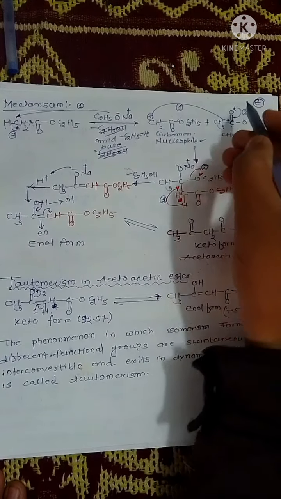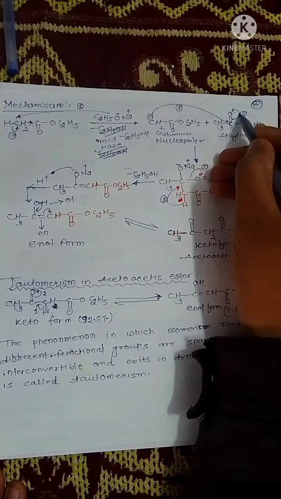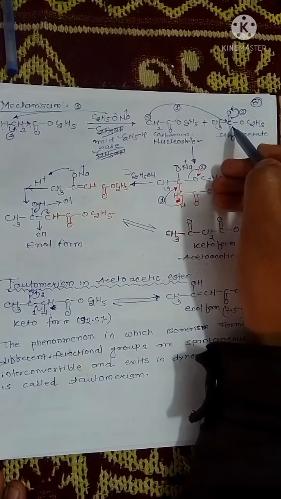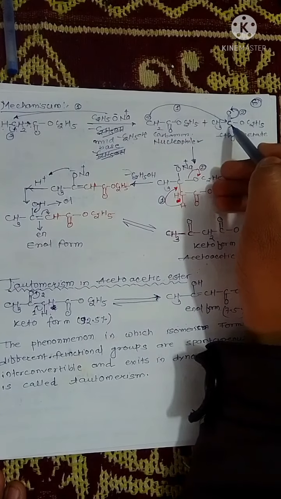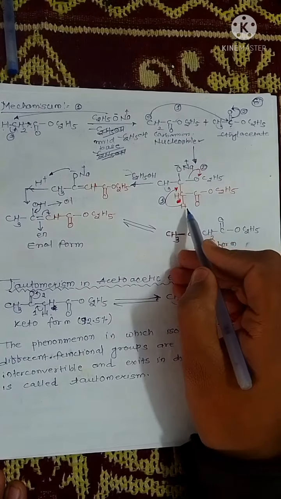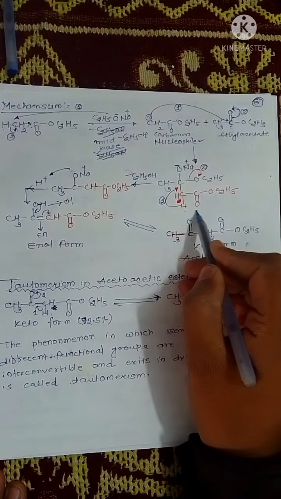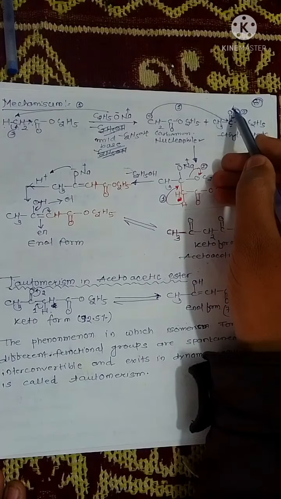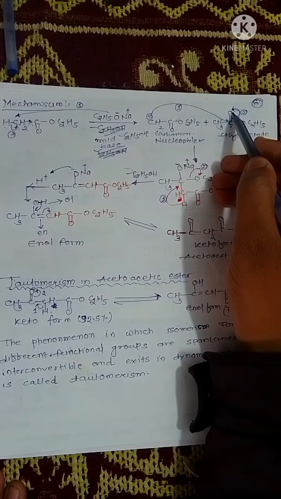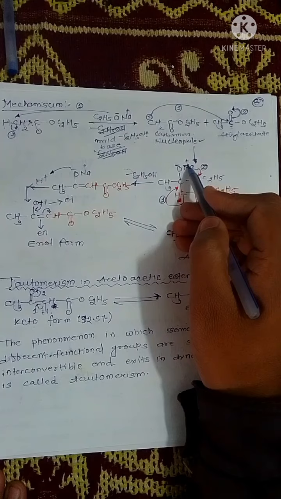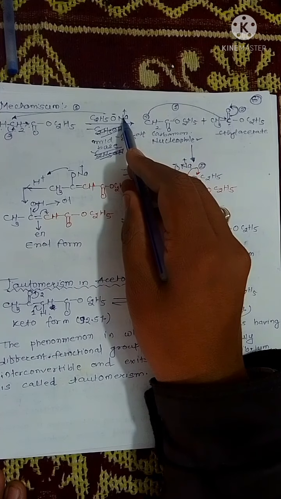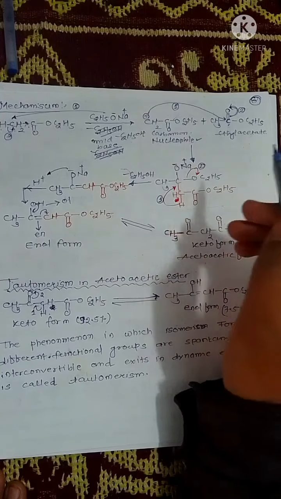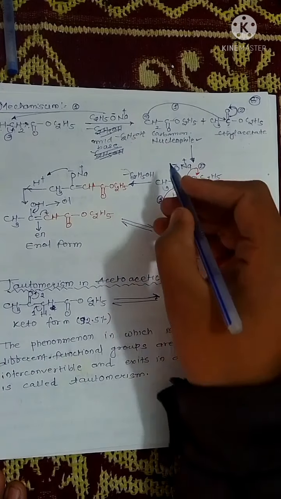Because of that the double bond is shifted here. This molecule attaches to this carbon, which is shown by red color pen. When a negative charge goes on this oxygen, Na from the ethyl acetate stabilizes or comes here. So we got basically a structure